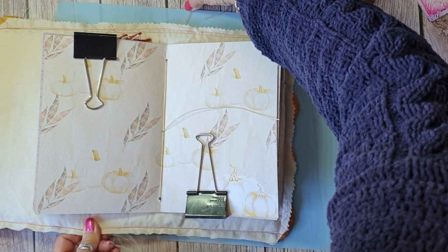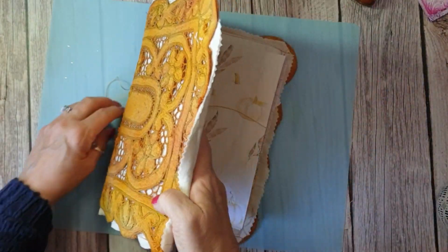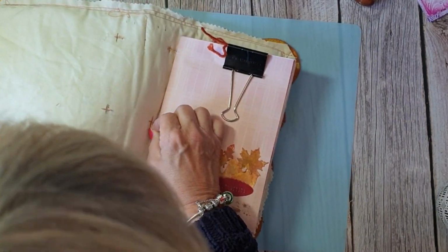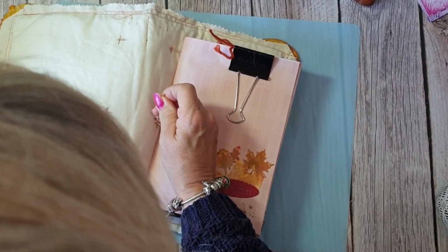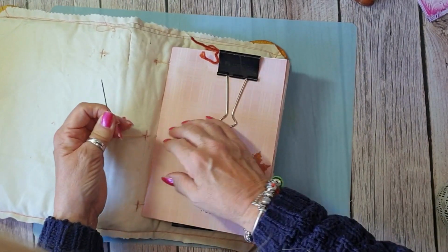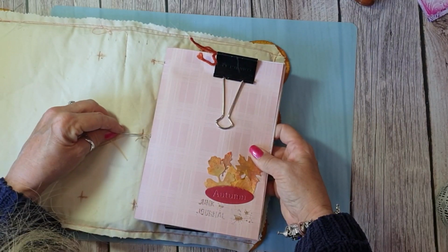Now what I need to do now is come back through the middle. So that's this one. But what I'm not wanting to do is upset my thread, you know, go through the fibres of my thread. So through here and back through